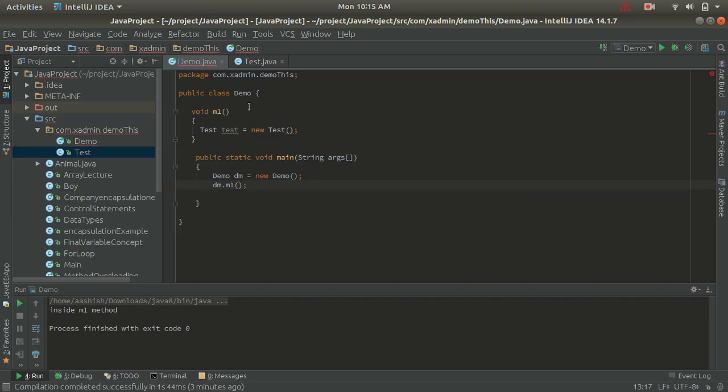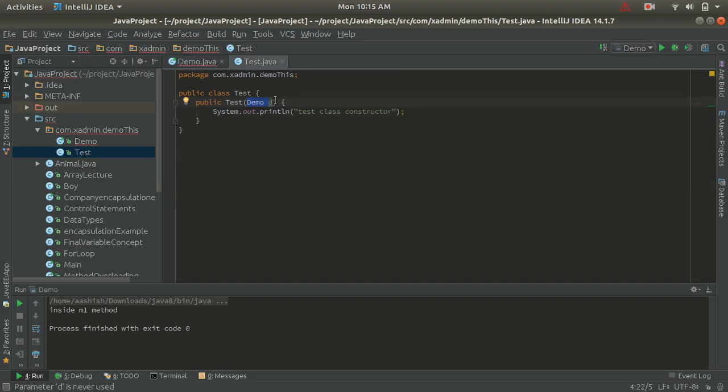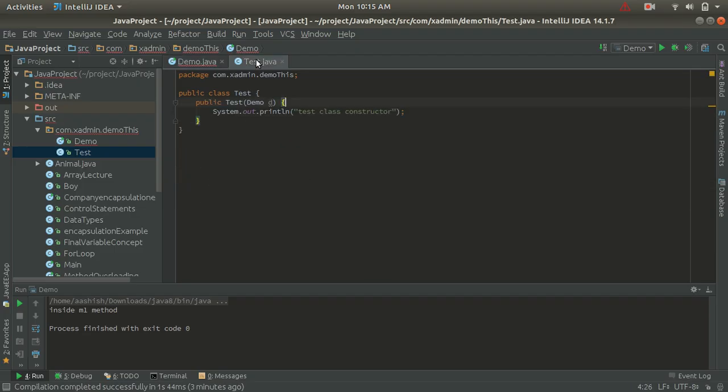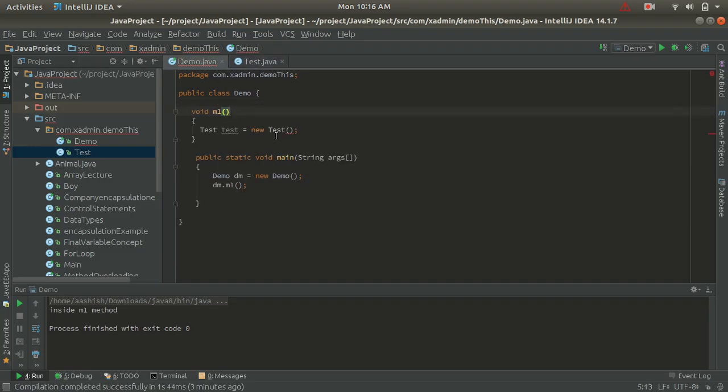So inside the Demo class I have created an m1 method, and inside the m1 method I am creating the object of the Test class, and we have a Test class here with a parametric constructor taking the Demo reference. And now inside the main method I am calling the dm.m1 method of this class, and as the Test class has a parametric constructor, we have to pass the reference here.